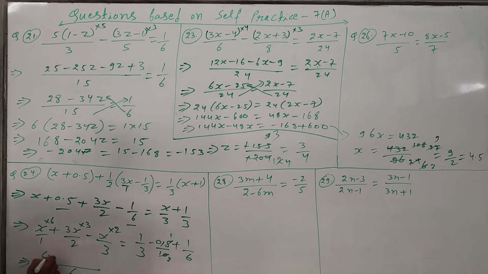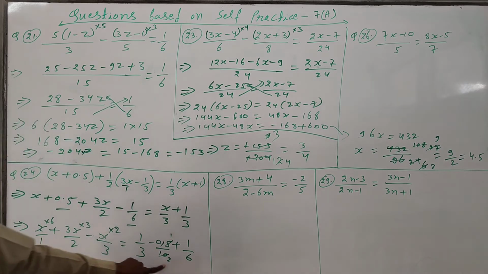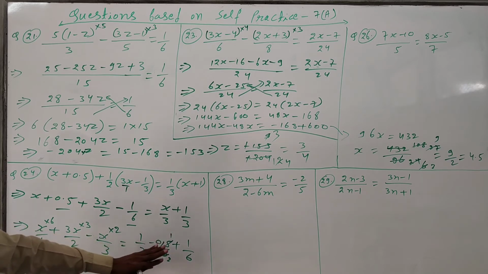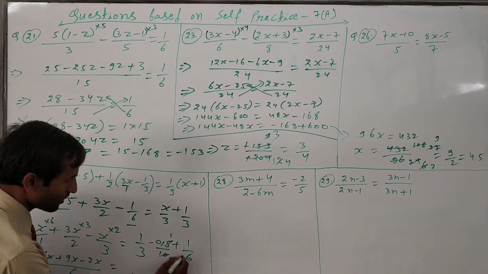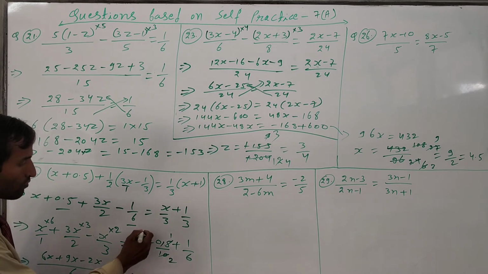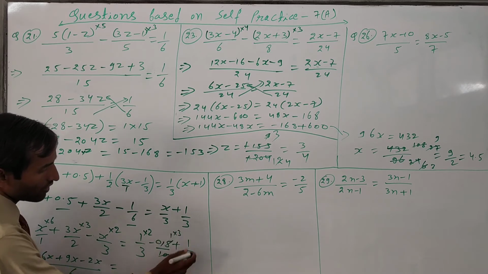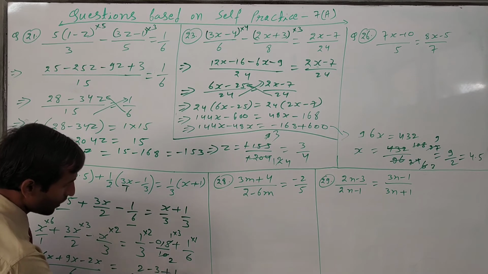So this one is 6x plus 9x minus 2x, okay, is equal to, again we have to take the LCM, then it will come again LCM is 6 only, because 3, 2, 6 is there. Directly I am writing, I have not written here 1 upon 2, because I have cancelled, same as it is, 1 upon 2 will come only. So directly you can simplify here. So 3 2 is 6, then we have to multiply here 2. In the 2 table 6 will come 3 times, multiply by 3 here, and here 1. So write out 2 minus 3 plus 1.